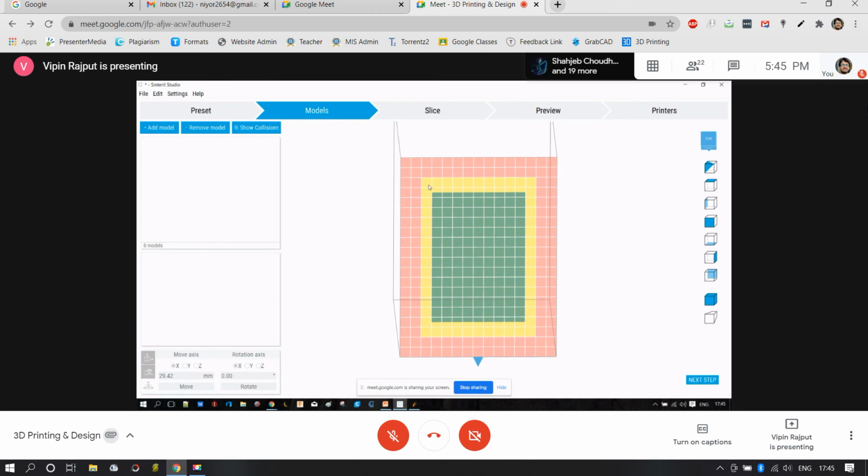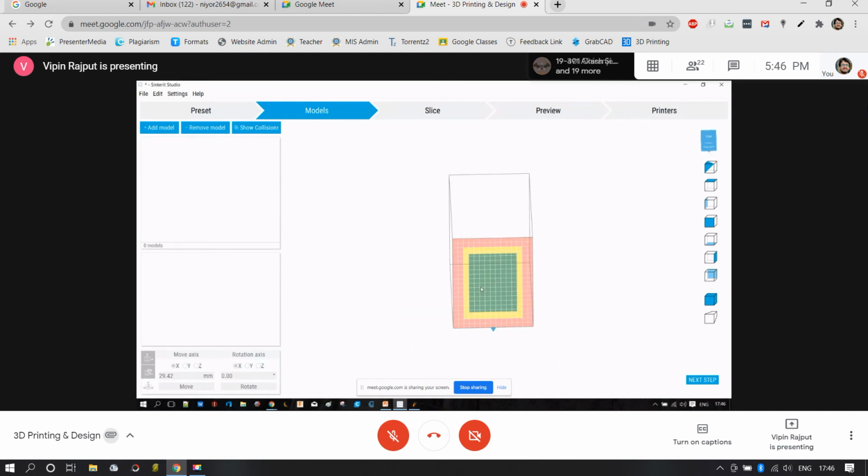Then just beyond the yellow region is the red region. It's not advised to print anything in the red region. The reason is the amount of heat, because there are certain heaters incorporated into the machinery. Those heaters are able to maintain a regular amount of heat within a specified range. So when we are moving away from this range, the temperature may not be as good as it is in the green range, and in the red zone the temperature may vary a lot compared to the green zone. That's why it's advised to print anything which lies in the green range.